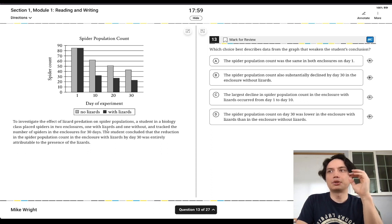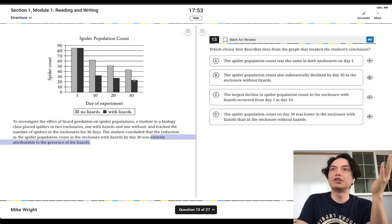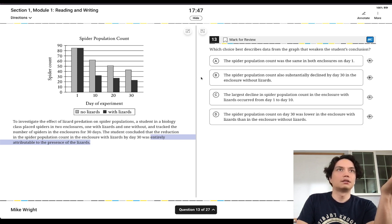The student concluded that the reduction in the enclosure with lizards was entirely attributable to the presence of lizards. So it's not entirely attributable to that, because it's reducing anyway when there's no lizards. So we want to say that the largest decline in